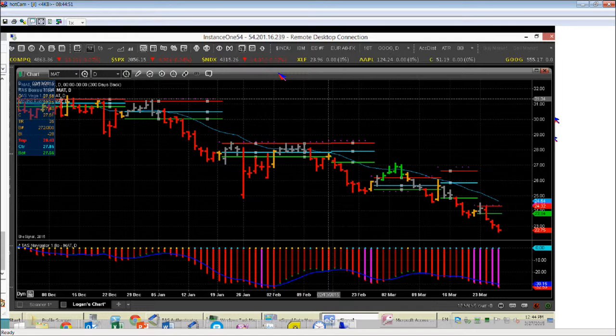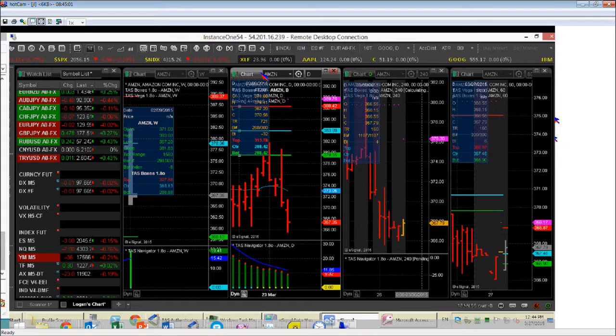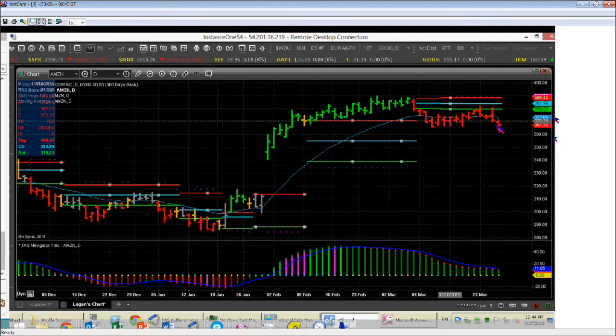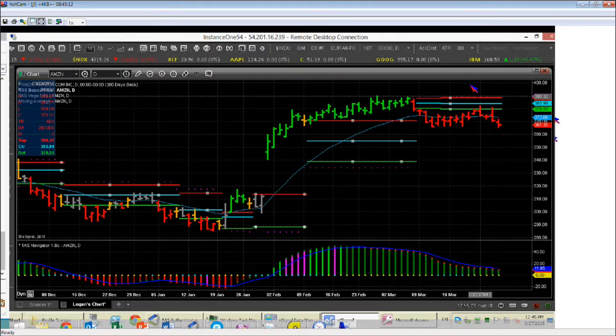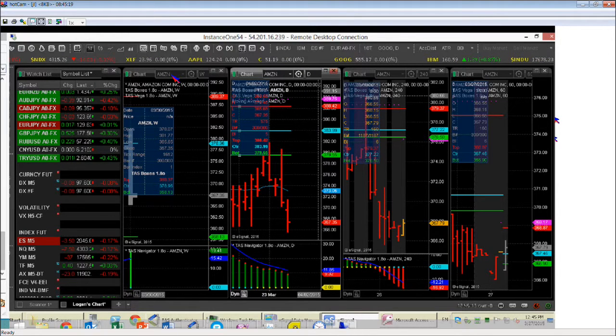Let's take a look at Amazon, some news out on Amazon. 367.79 pre-market. Here's the situation on the daily. We've kind of gone back up and ramped up into these unfair lows twice, which has been great. That means we kind of put a stake in the ground there. And what's the targets down below? The targets down below are 358. We're trading 368.7 right now. Make sure you put your trailing stops in on this one.